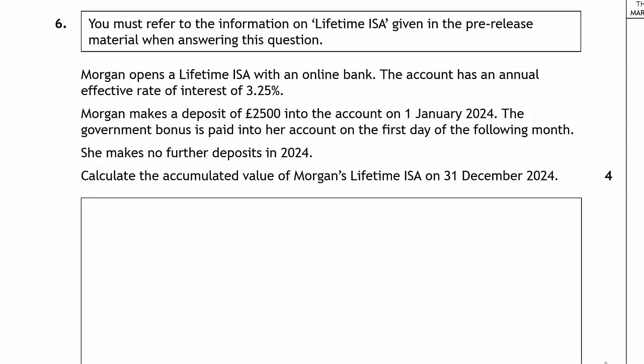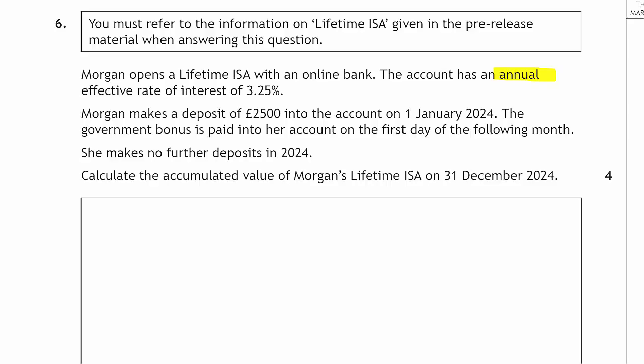So here's 2025, this is question 6. What this is asking you about is referring to a lifetime ISA which is handed to you in your data booklet which you get before the exam and goes on the SQA site. It's about somebody called Morgan who's got an ISA. The account has an effective rate of interest, an annual one, okay, so that's important to remember, it's annual,